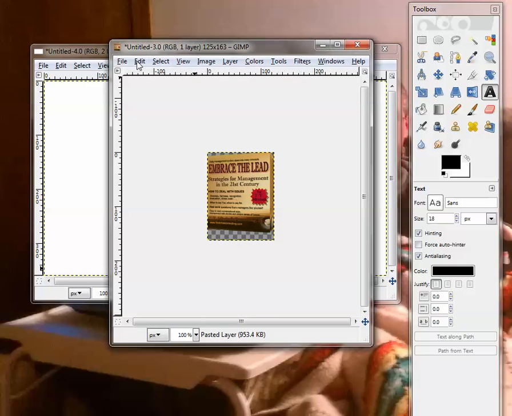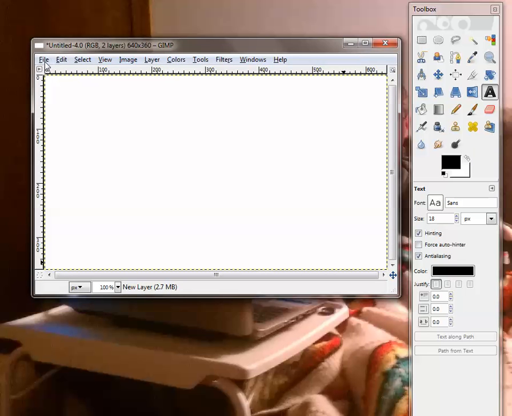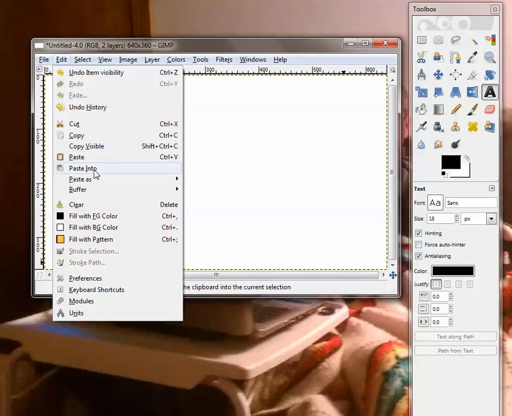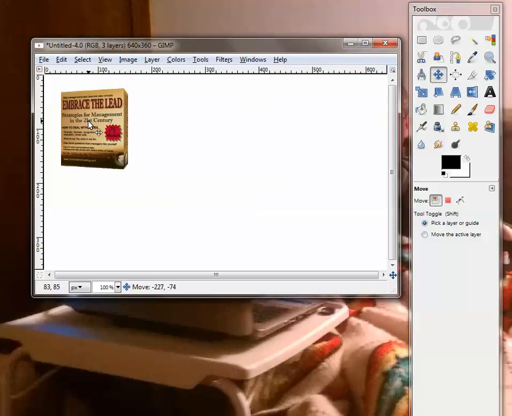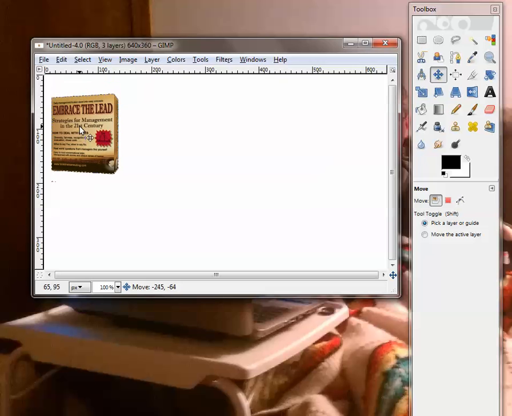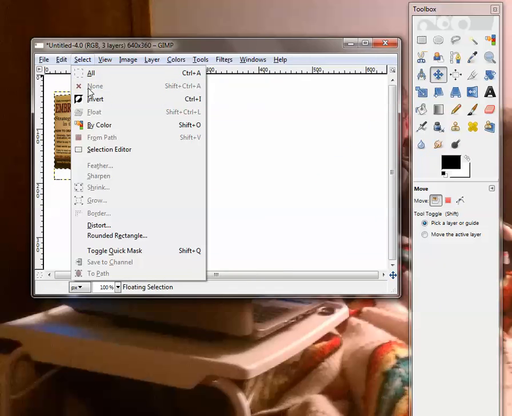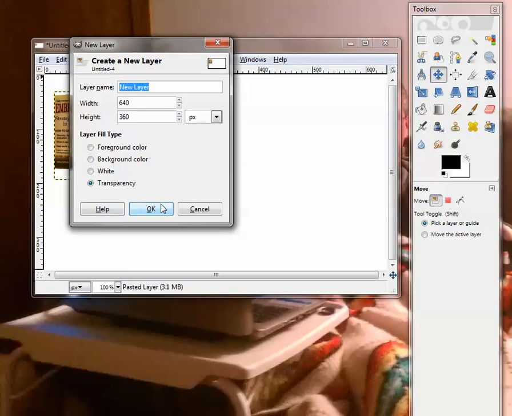So I'll take that, copy. I've already created a new layer, so this is going to be over the white background that's showing, and I'm going to paste into, and now I can move this around, and that should do it for that. Nothing selected, so I'll create another layer. Actually, I just unanchored it. Create another layer,